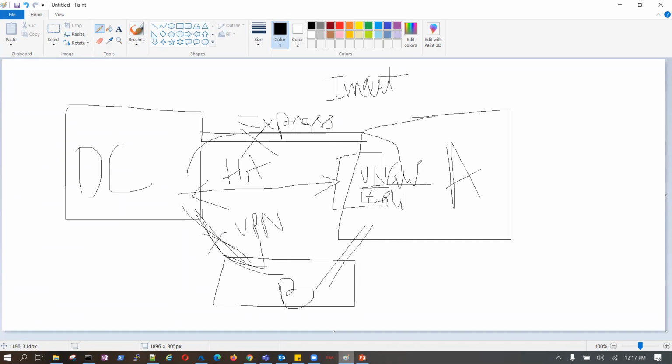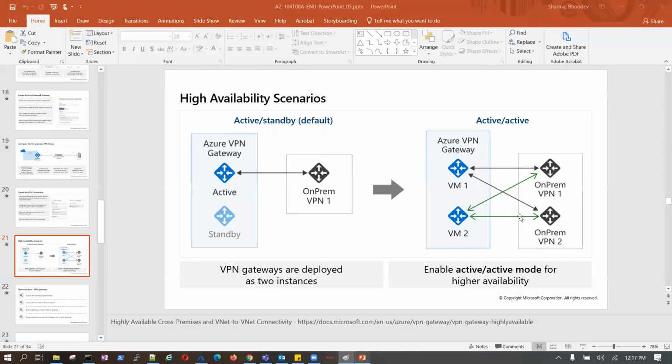That's it. Got my point, guys? If we take the example of active passive, RAC and Data Guard, we can very closely correlate this example. Is that clear?